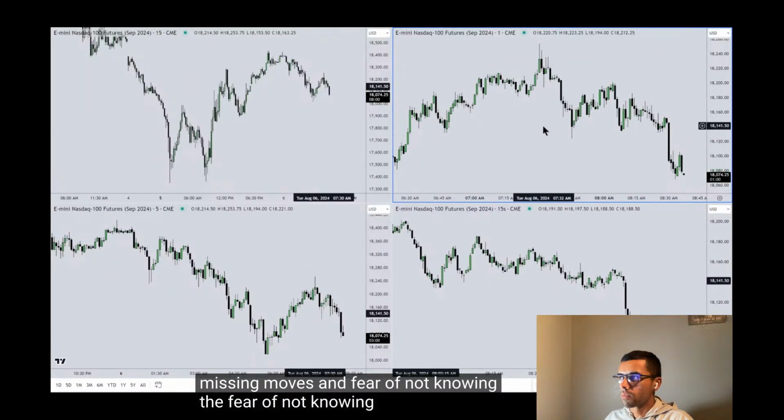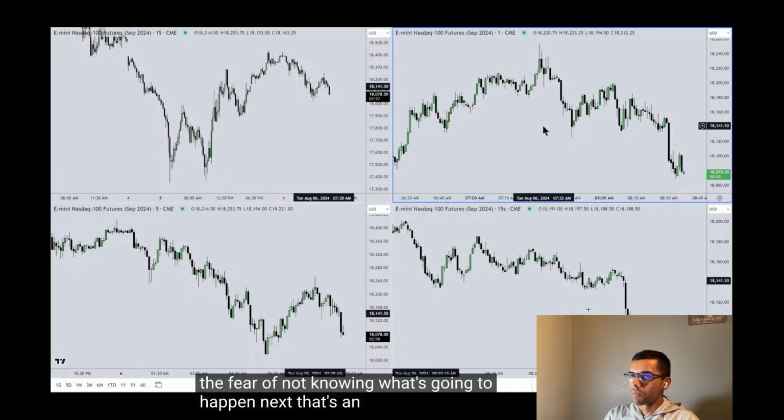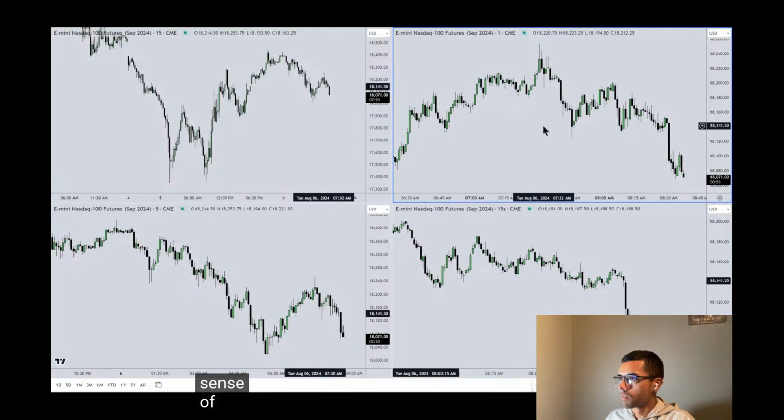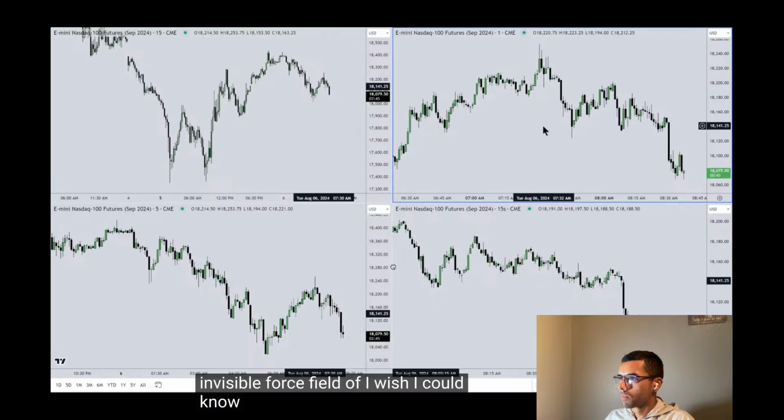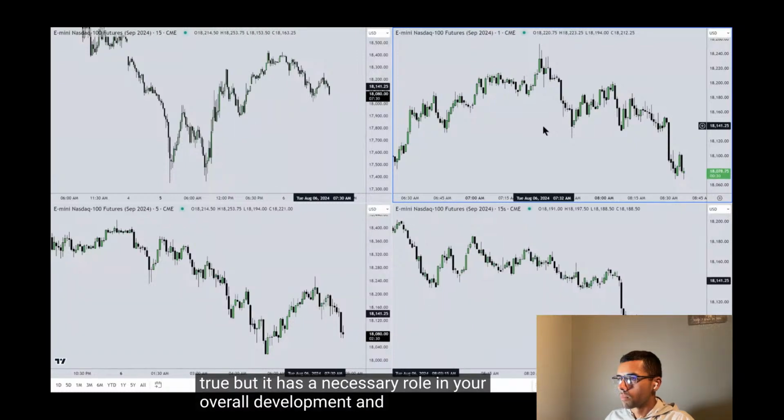The fear of not knowing what's going to happen next, it's an enormous sense of, well, it's like a barrier. You feel like you can't break through this invisible force field of, I wish I could know what it's going to do next, because if I could just do that, then I could be profitable. And I'm telling you, that's not true. But it has a necessary role in your overall development,